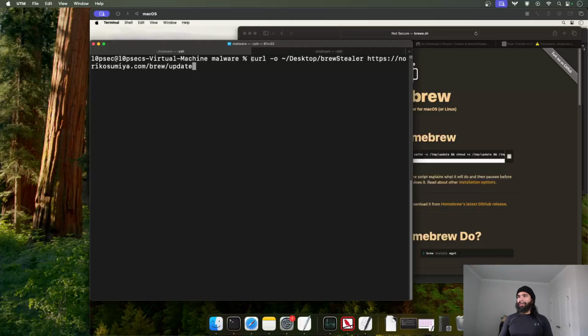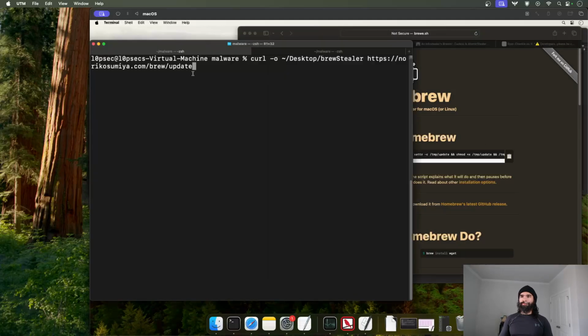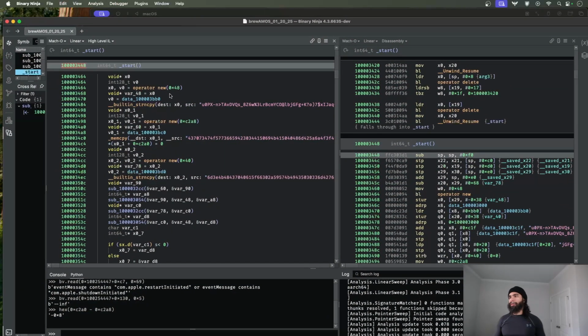So this is a quick curl command using the site. I just grabbed it with curl, downloaded this file and put it on my desktop, and then I moved that over, and now we're just going to show this in Binary Ninja. Here we go. Okay, so this was already discussed in the video by John, so we're gonna